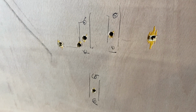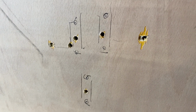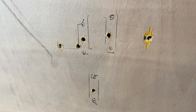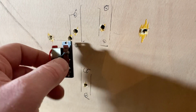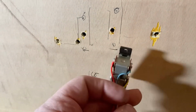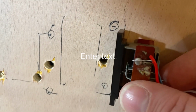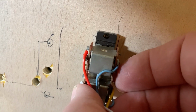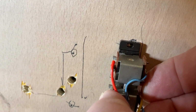So this is the underside of the baseboard, and the beauty of having N-gauge on a end-to-end small layout is I've been able just to lift the board up and turn it around rather than working on my back underneath. And so having the point motor with the wires, and now we've got the plate, the fixing plate. All I've done is lined up the plate with the hole, the 6mm hole, and just marked it really, and that's where I'm going to screw. That's why I'm going to drill a small pilot hole and then screw